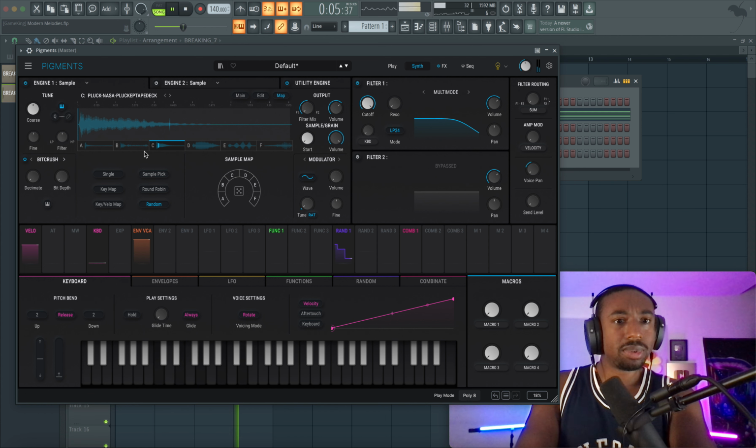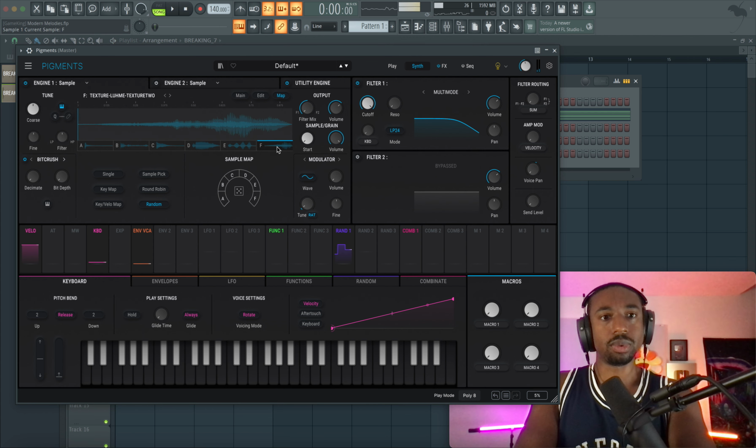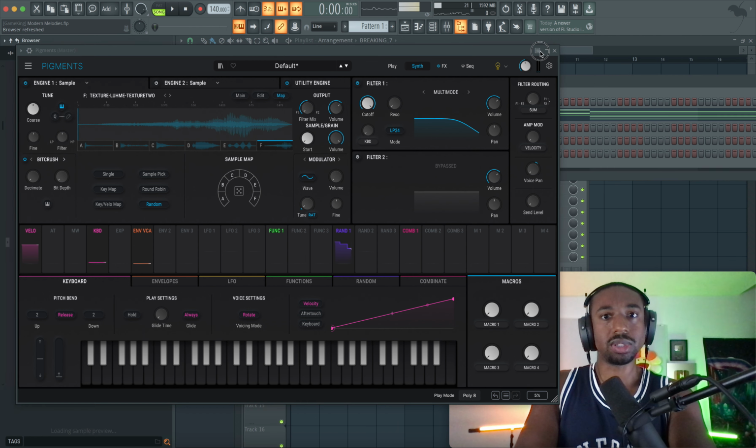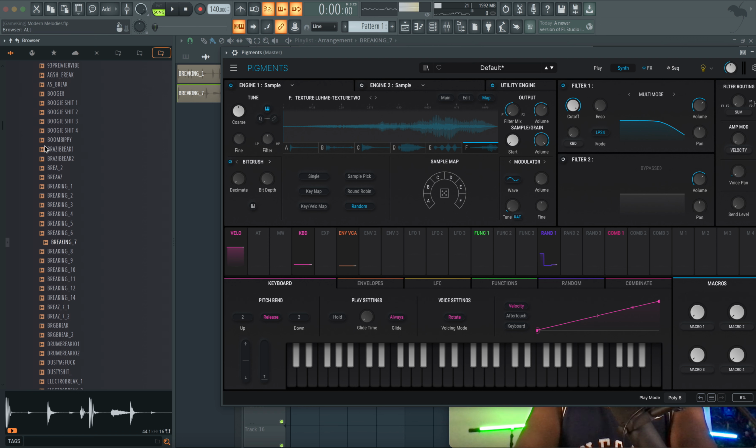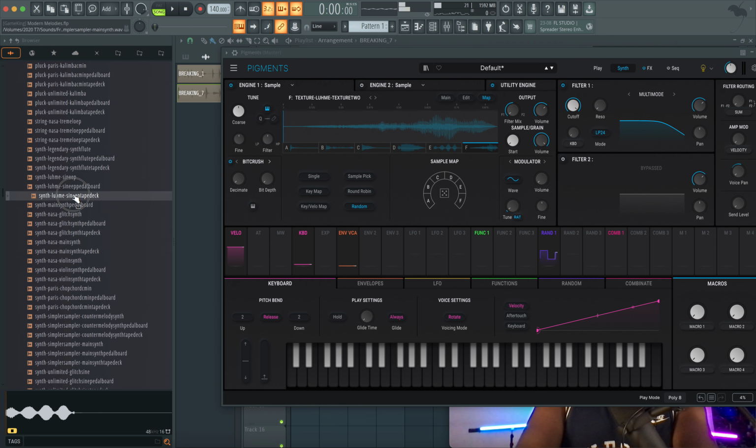Just going to see which sample. Now, A is my favorite. I don't like F, so I'm going to remove F. That was one of those textures. It wasn't really a note. So now let's swap F with a different sample. Do something safe. I think we already have that one.